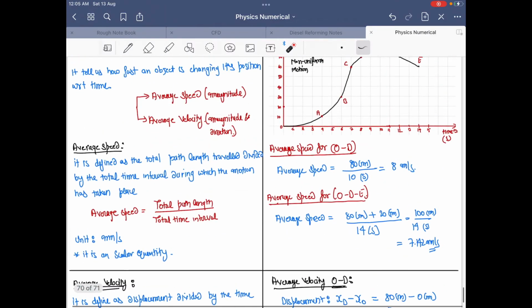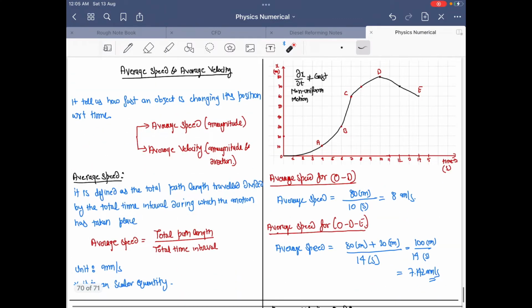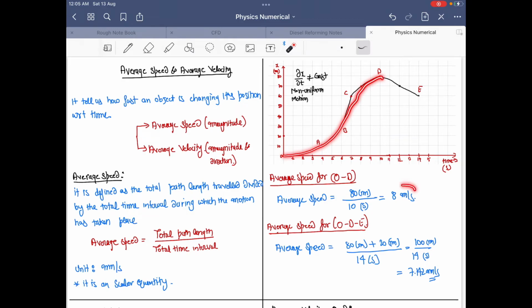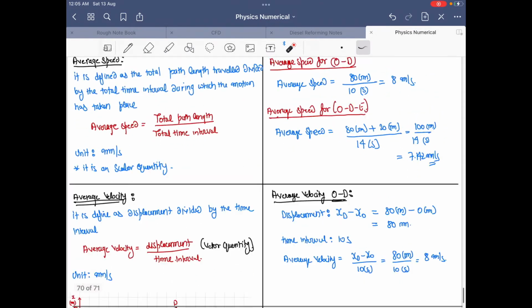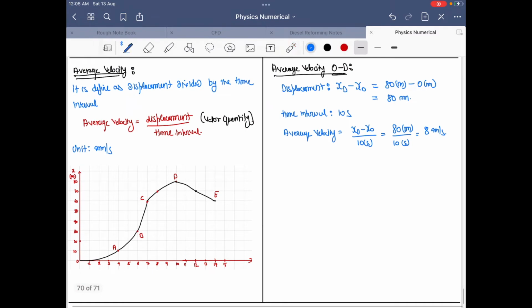You will see 8 meters per second average velocity, and for O to D you also have 8 meters per second. For this one case, the average speed and average velocity are the same. But now be careful, in the next situation it will be different. How? Let's see. Now we will calculate the average velocity